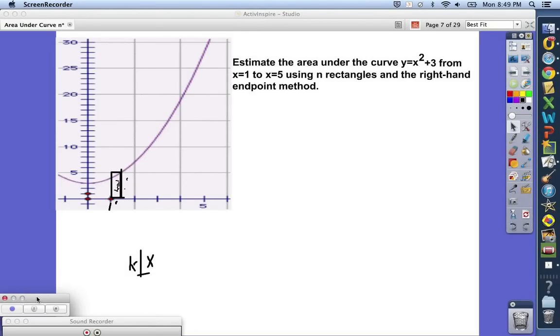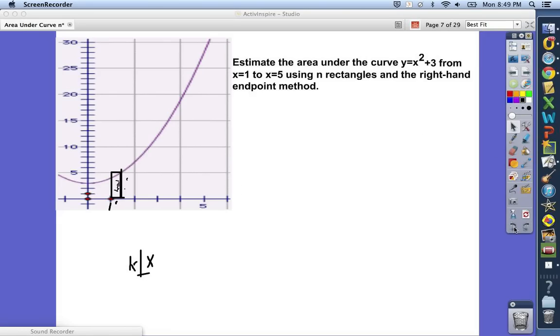So for the next recording, we are going to find the area under the curve y equals x squared plus 3 from x equals 1 to x equals 5 using n rectangles and the right-hand endpoint method. So the first thing we'll do